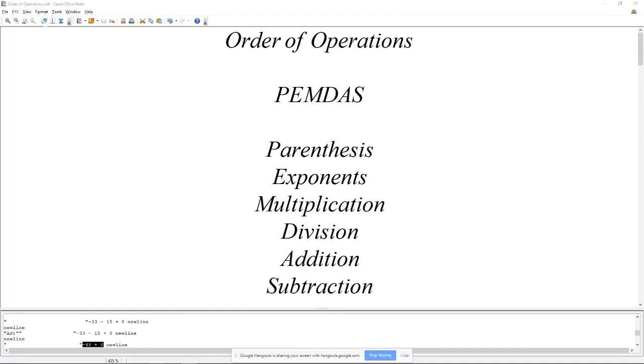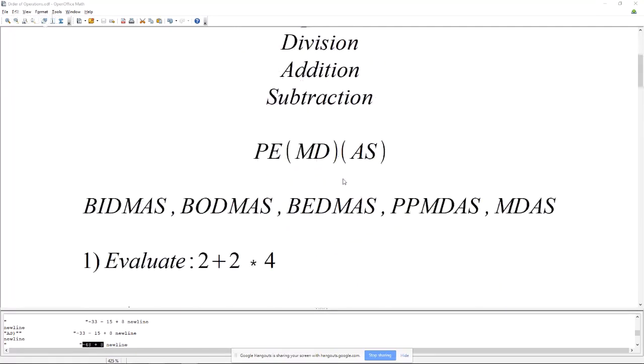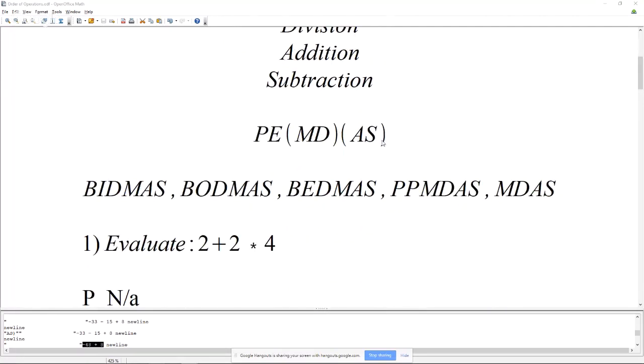You do not do them as multiplication, then division, nor do you do it addition, then subtraction. Where you do it is in the order they appear in reading left to right, with the exception of the first two, P and E. Parentheses or parenthetical groups are always done first. So you always do the inside of the parentheses, then you do the exponentiation, and then you do multiplication and/or division, depending on the order they appear, and then addition and subtraction. So the way it more looks is like this: PE, MD, and AS. So you kind of have to memorize PEMDAS as this,